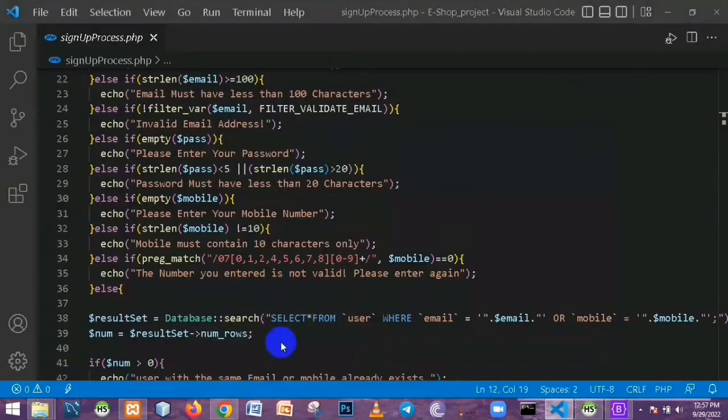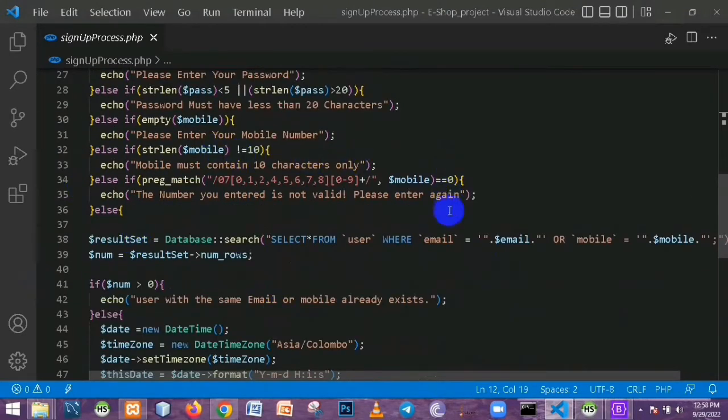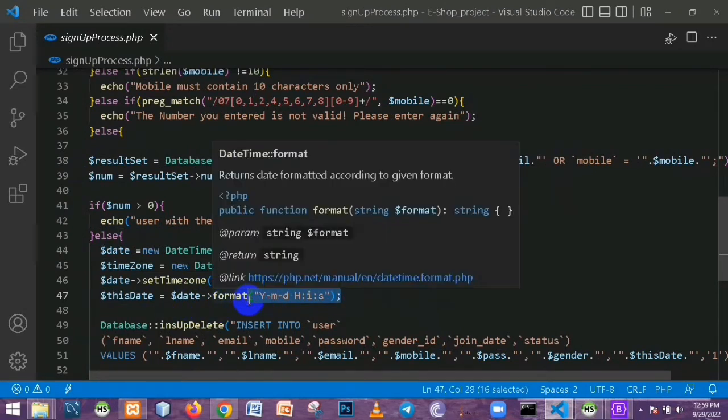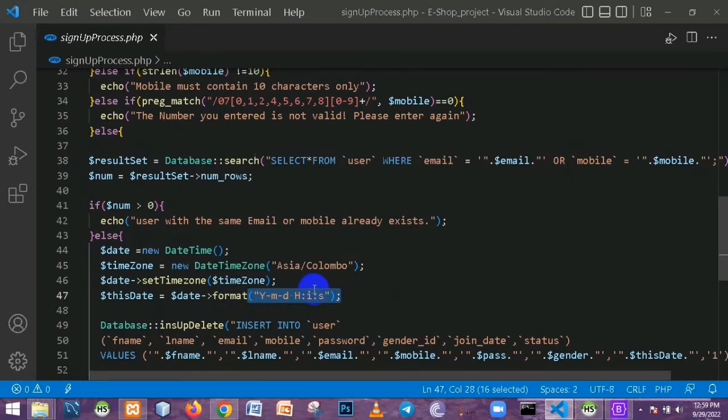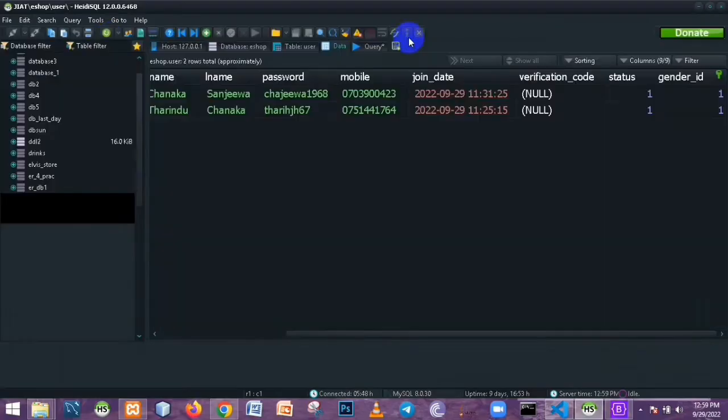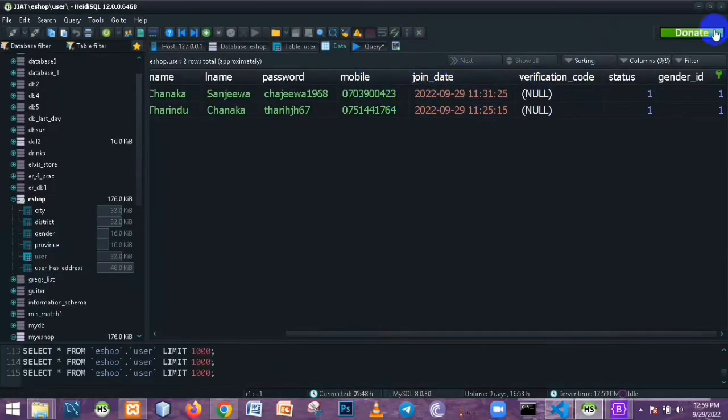You can see that this option checks our mobile. Really helpful. And also you can see there I put my select query, search query there, and I also set the date time zone. I am in Sri Lanka, so I put Asia Colombo date time zone. Now if members sign up in our page, we can see what time they signed up in our page. So it's going to the database like join data like this,